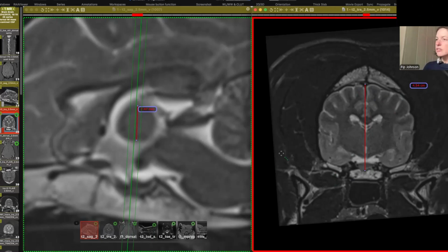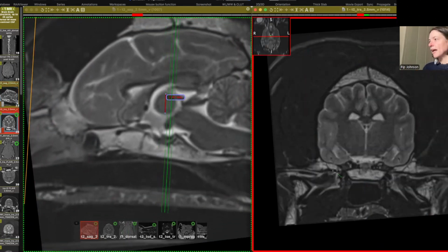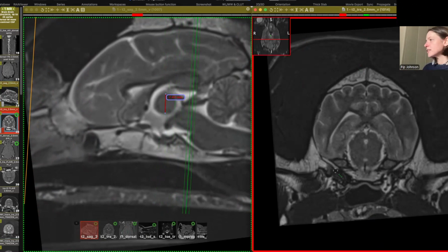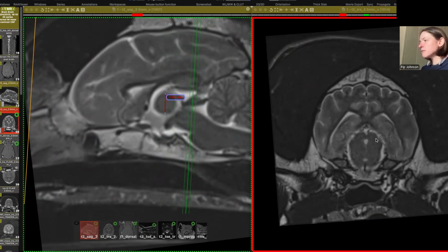The next measurement we're going to do is actually the hippocampal height measurement. And to do that, we're just going to scroll back. We're going to use the criteria provided in the really nice paper that was written on hippocampal height by Giardini and others. And we're going to scroll back to the level of the mesencephalon at this level here. We want to be at the level of the mesencephalon when we're seeing the rostral colliculi beautifully, which we can see in these two little areas here. And we can see the mesencephalic aqueduct really nicely.